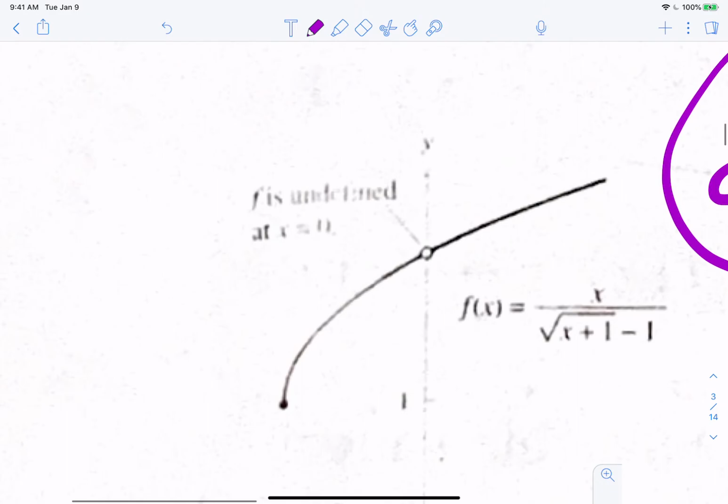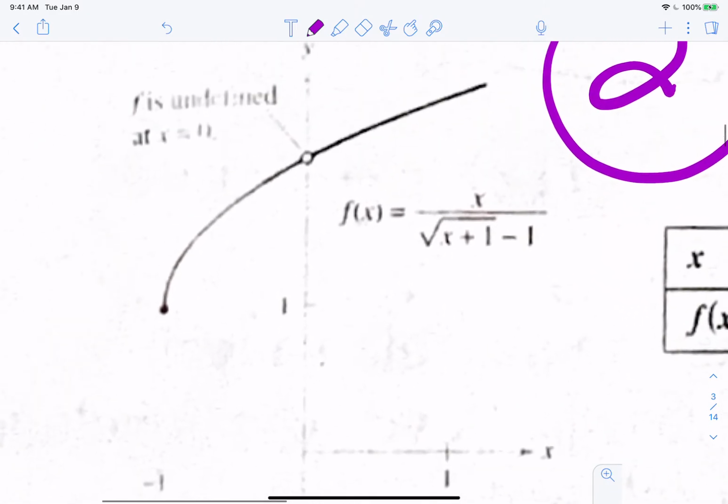Okay, so another way of looking at this is, I'm looking here and this graph